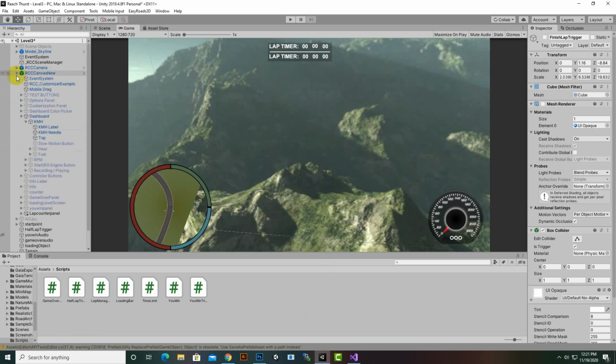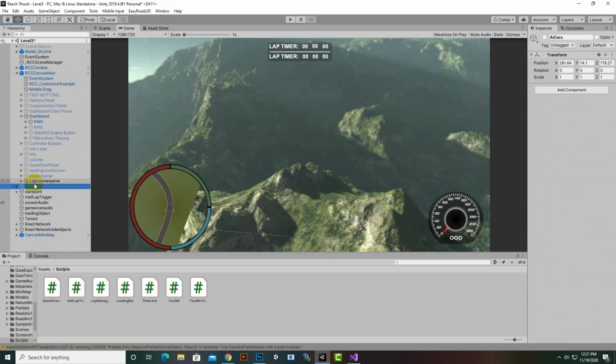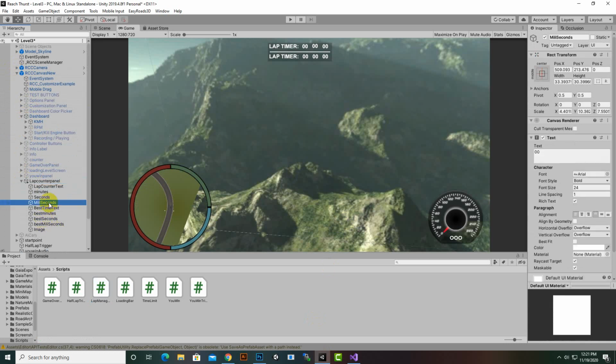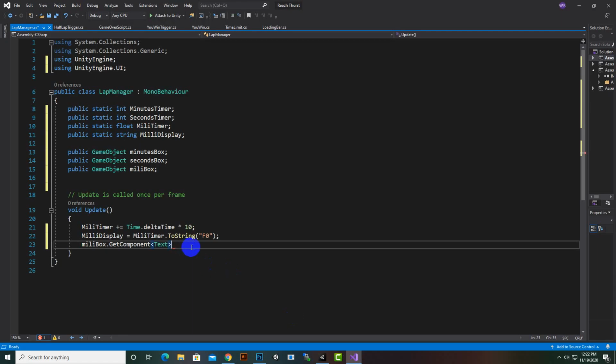So if we go here and select the lab counter panel, you can see that we have this milliseconds, and here you can see an element text. So we are getting this component, that's why we are writing get component,